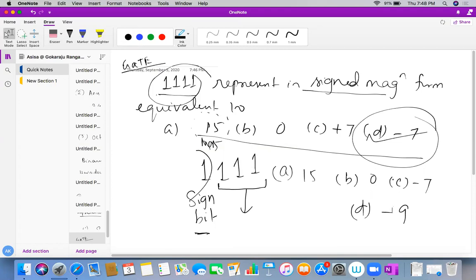If there is only a single negative symbol, just choose that one as your answer. Here the actual binary is 7, so my choice is minus 7. Have you seen how the question will come up?